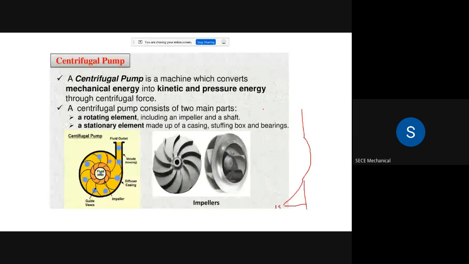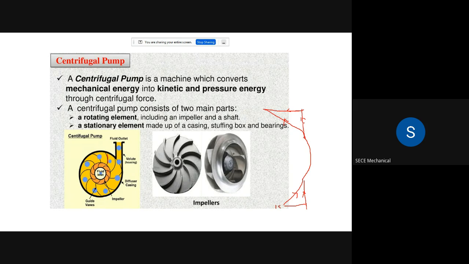This is the velocity triangle for the vanes of a centrifugal pump. It shows what is getting into the inlet and what is getting out at the outlet. We do not have to solve these velocity triangles in depth now, but try to understand what a velocity triangle is: how the radial inlet flows and how the outlet transformation happens. If you remember this, it is very important here.